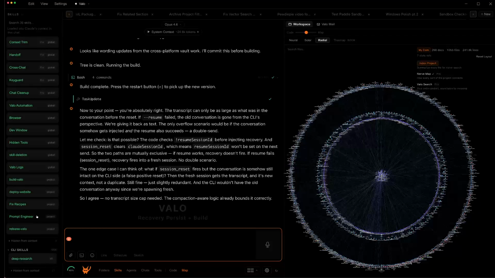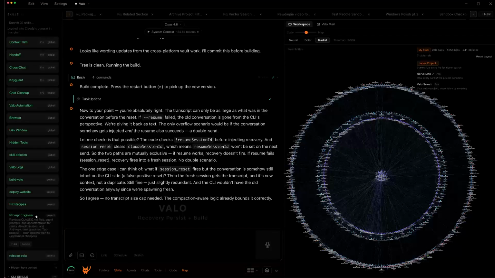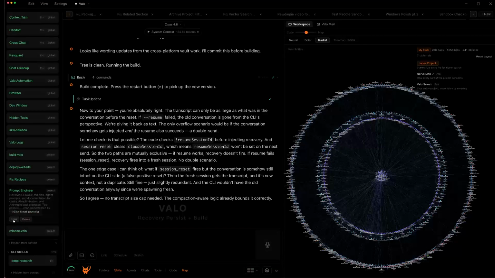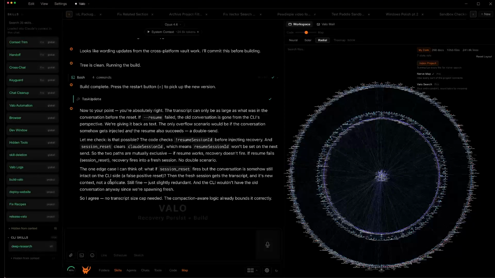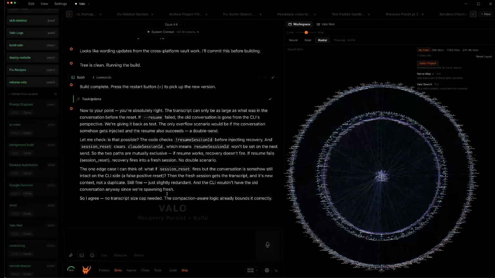For example, prompt engineer was just a skill that we created together. I've seen an article by Anthropic about the best practices on prompting 4.7 or Haiku specifically, which are Claude models. So I just said, hey Claude, go online, read this article, and then create a skill that will follow those instructions. And that's it. And Claude does that, and now you have a prompt engineer skill, which you can delete or hide from context, so it will not pollute the conversation,